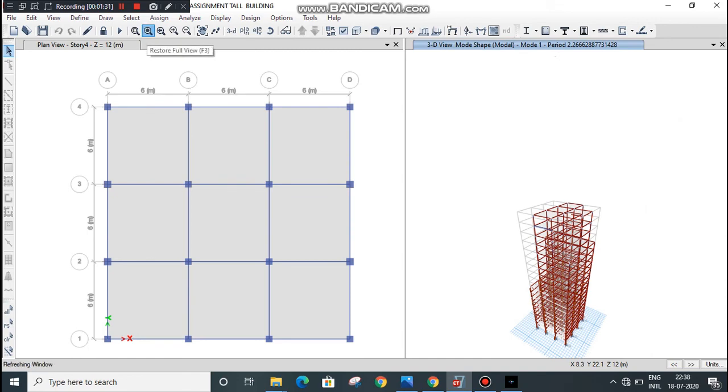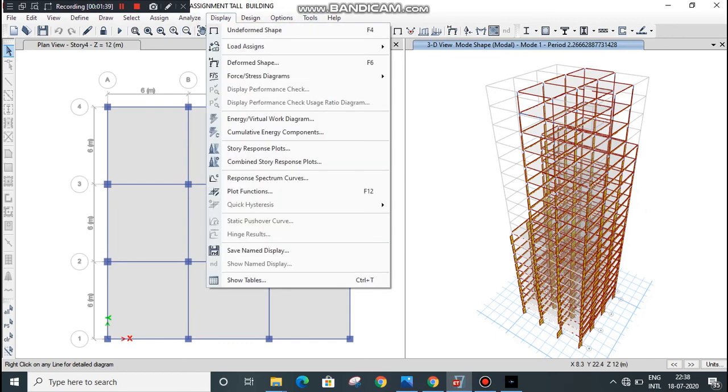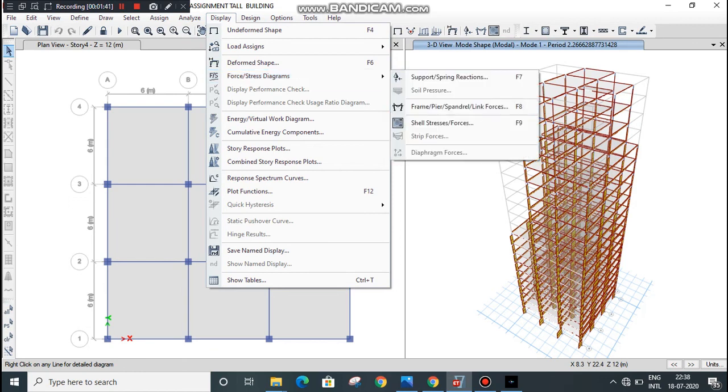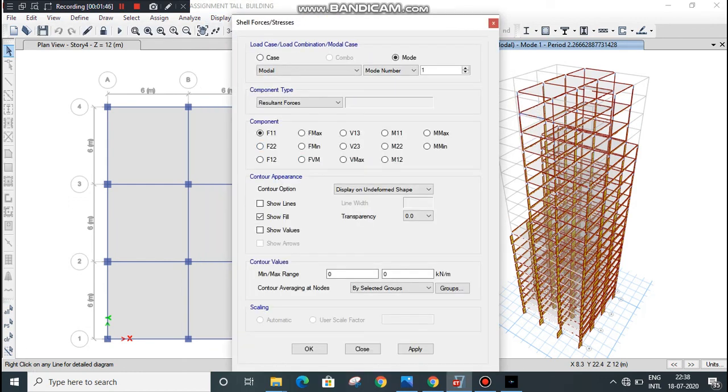Restore full view to see the full building. Go to display menu, again go to force stress diagram, shell stress forces, click on apply and then click on OK.